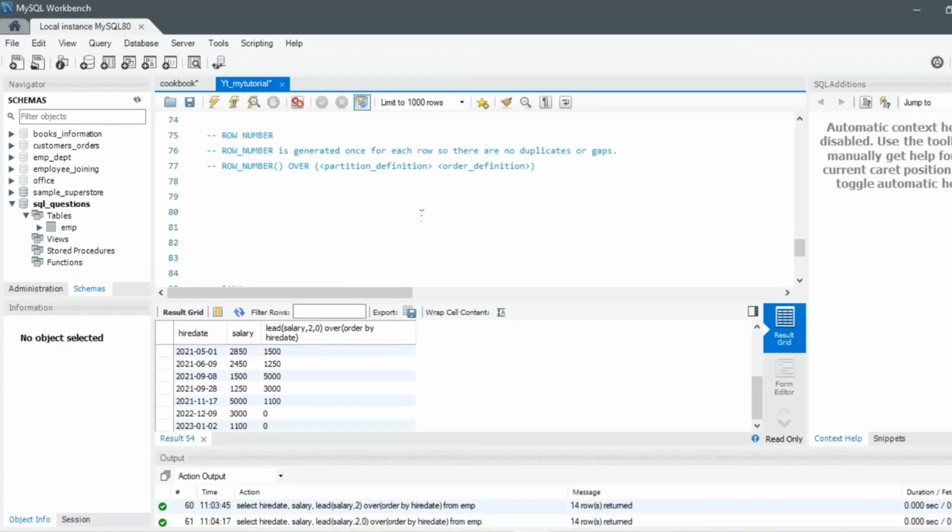Now let's move to our next function, which is row number. Row number is basically generated once for each row, so there are no duplicates or gaps. And this is the syntax of row number. We can see that in row number we have not passed any expression, offset or anything, so this row number